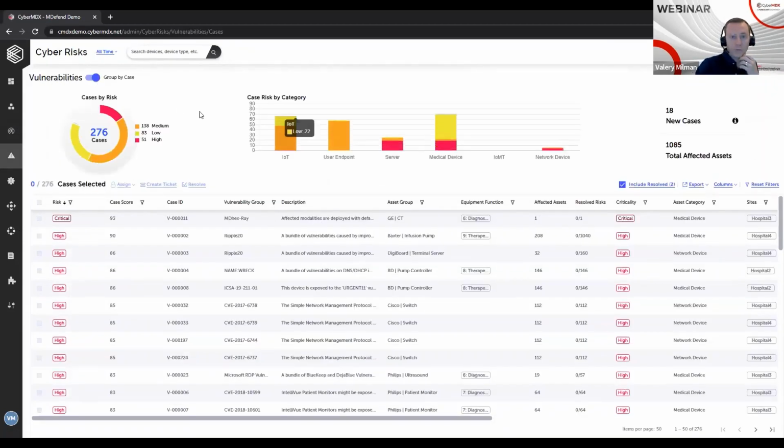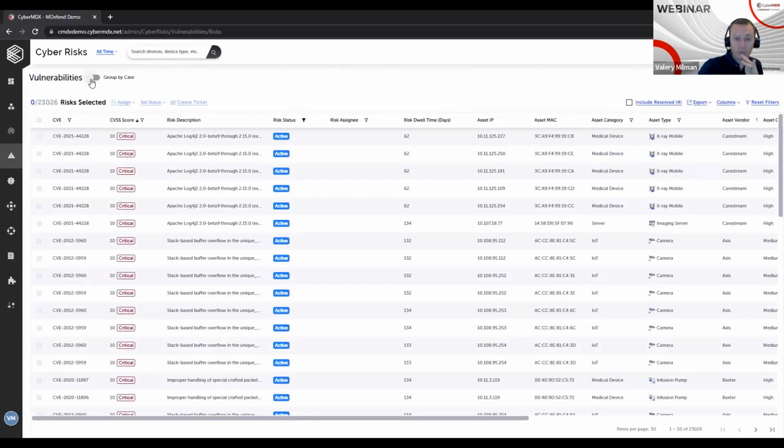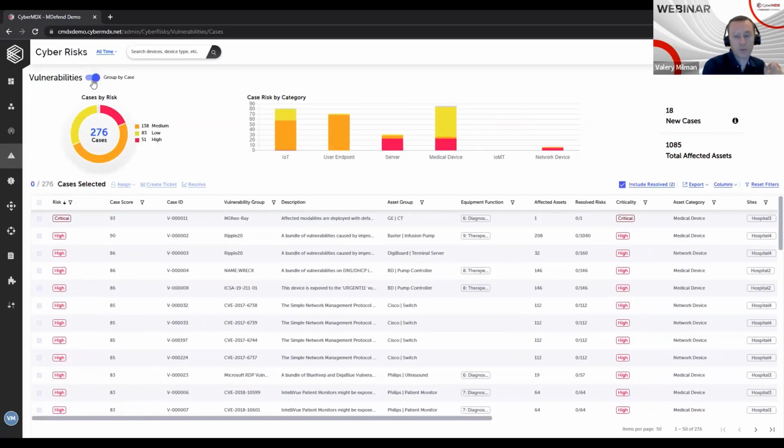If you look at vulnerabilities, we took care of 4 of them right now. We still have 23,000 vulnerabilities total in this environment. It might be quite a challenge to actually understand where do I start? What do I do with all of them? This is too much. And CyberMDX has introduced something we call group by case, where we actually identify, let's say,